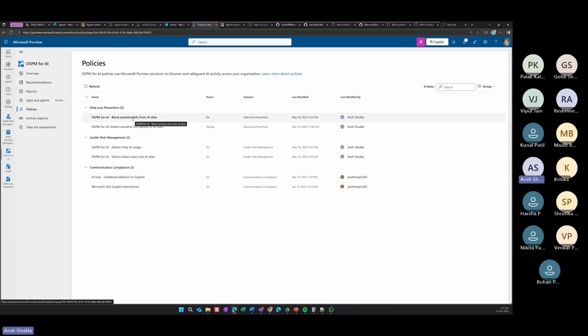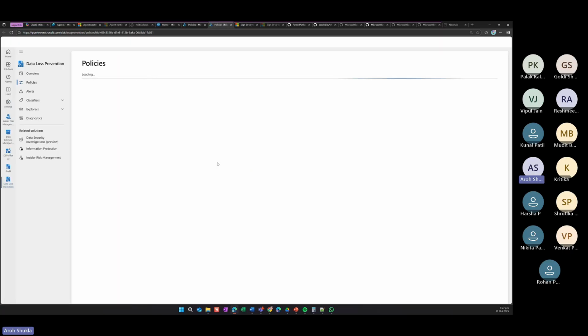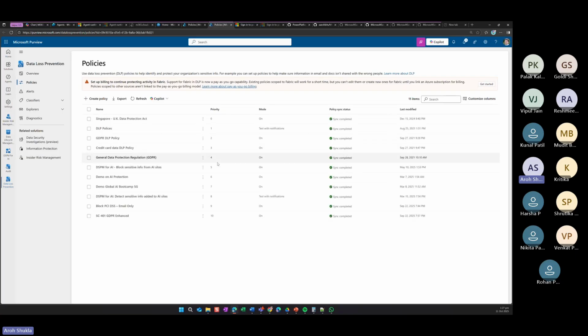So they want to block sensitive data from there, right? So here I'm checking this and telling this policy. This can be done only by IT, and I can check the policies and modify them. In my policies, I've already created some policies for if something happens.